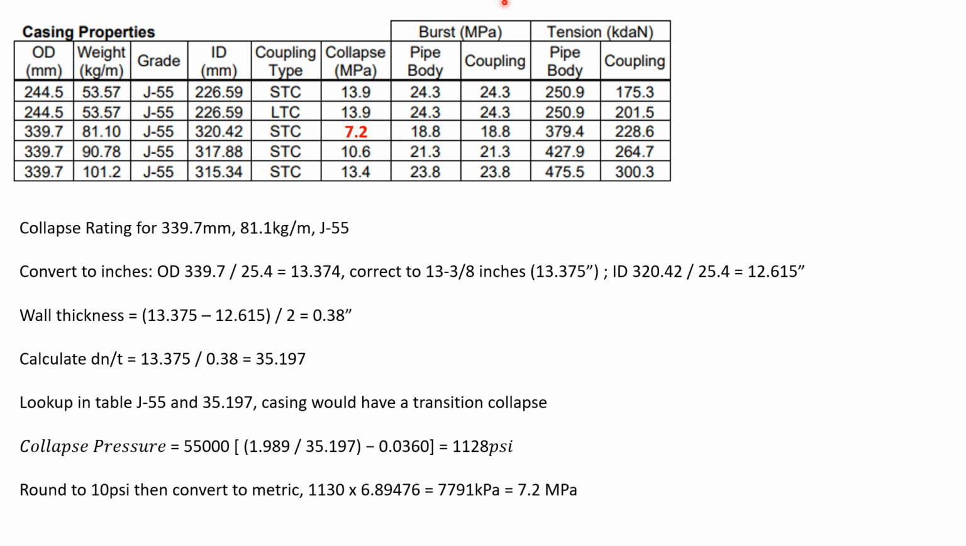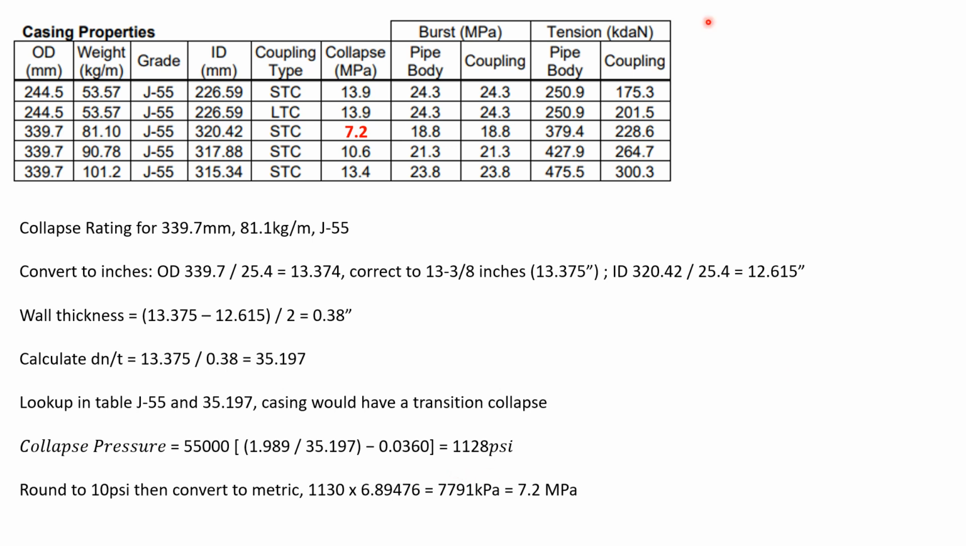We then use the formula for transition collapse, which is the yield that we got from the grade times the F4 from the table, 1.989, divided by the dn/t, all that minus the F5 from the table, which is 0.0360. The result is